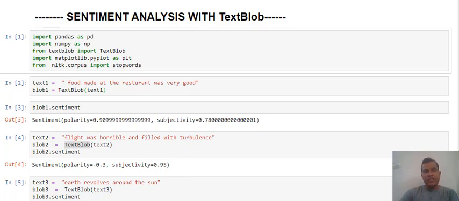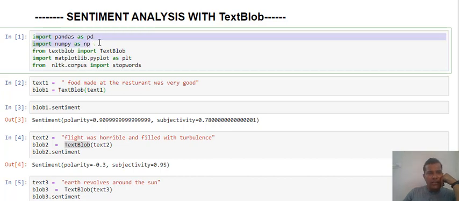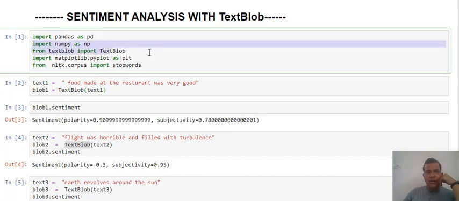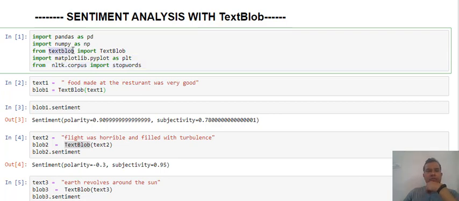And in the interest of saving time, I have already written a certain piece of code. So let's get started and see how to do sentiment analysis using TextBlob. First of all, I have done the necessary imports. I have imported pandas, numpy, and for using TextBlob, I'm saying from textblob import TextBlob. If you are getting any error, textblob not found, then you probably need to do pip install textblob. And then I am importing matplotlib.pyplot and from nltk.corpus import stopwords. This stopwords I am importing because later on I'll probably try to build my word cloud.